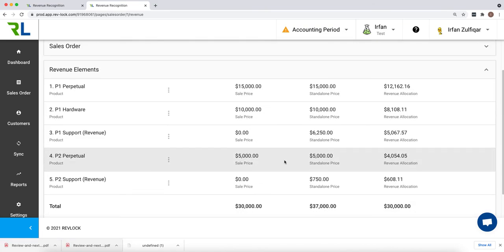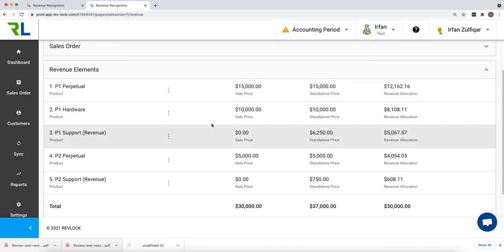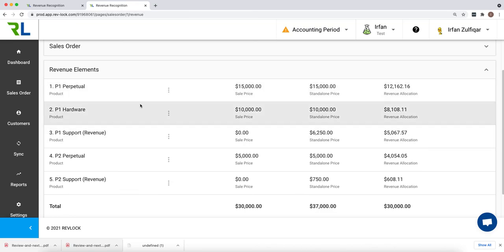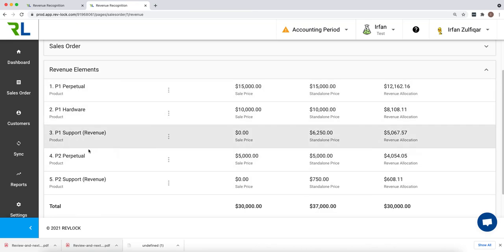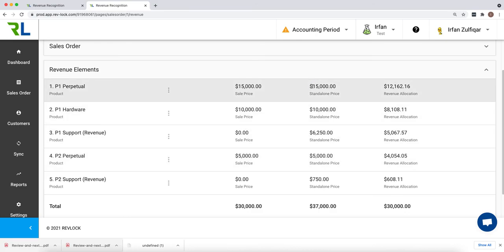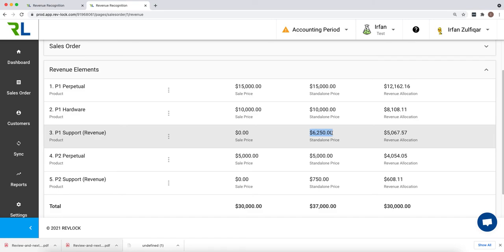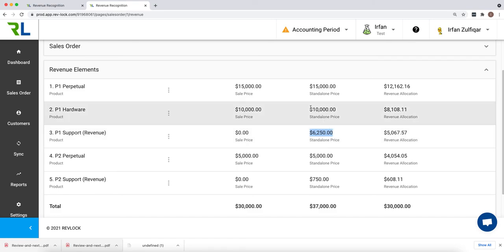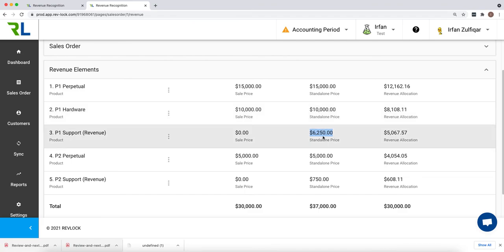All right. So again, back to the 3 columns. First is the actual sale price for each of these items. You have product line 1, 3 items for product line 1, and 2 items for product line 2. For product line 1, you can still see that it carved out $62.50 as a standalone price for the $25,000 collective sale of hardware and software. Similarly,